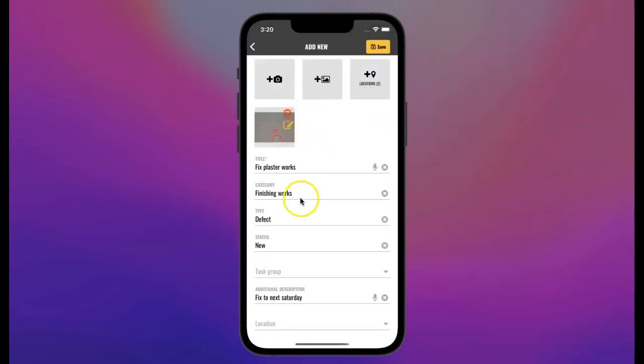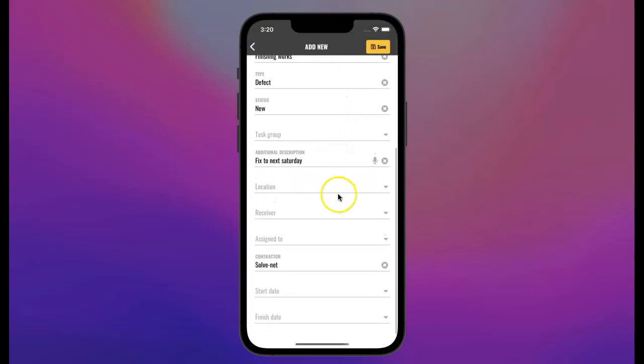On the other hand, in the field Assigned To, you will have a list of people that are participants of this project, including external organization users that were invited to the project. If the external project member accepts the invitation and installs the Pocket Inspections app, then they can look through the issues assigned to them in the mobile or web app.